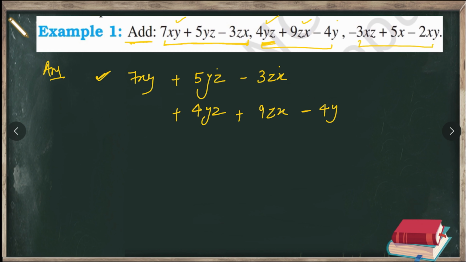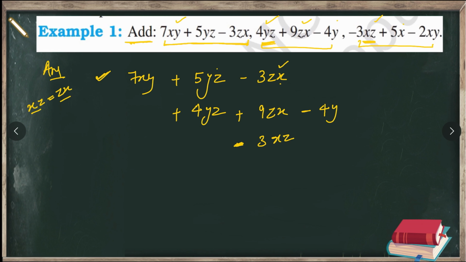Now look at the third expression. The third expression has minus 3xz. So the variables here are xz. Do we have any term which has xz? You can see here we have zx. In multiplication the order of variables does not matter. So xz or zx are the same thing. In multiplication, zx is equal to xz. So here we have xz, while here we are given zx, so basically they are the same thing, and we'll write this term below these terms. So we have minus 3, and we can write this as xz.